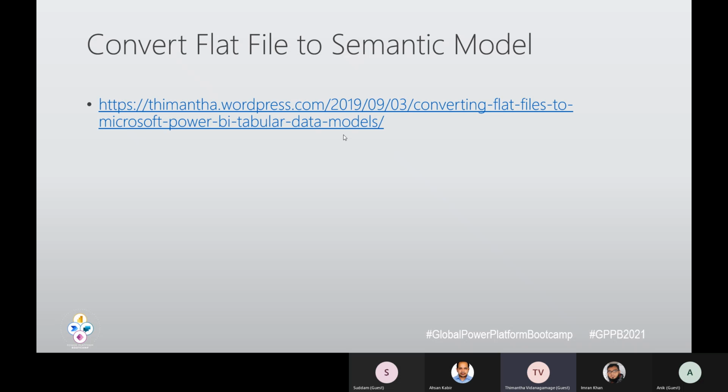It had all the details from head to tail